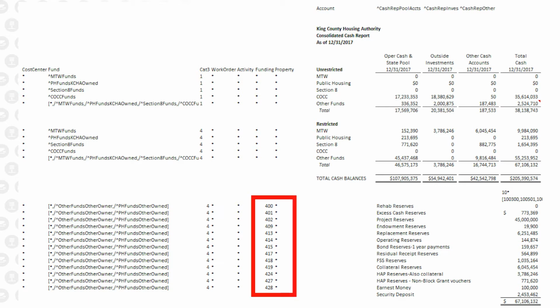So, the biggest number there, we have $45 million in restricted cash. The old way might have said, what? Well, I can now just drill down easily into the data and see what that is. I just happen to know that we issued some bonds at the very end of 2017 for a rehabilitation project. We're going to be spending it in 2018, but it's restricted for this rehabilitation project. Other people may not know that, so they'd be able to just click on it, drill down, and say, oh, that's right, it's these 2 projects.